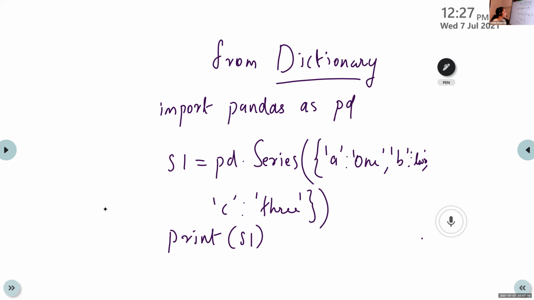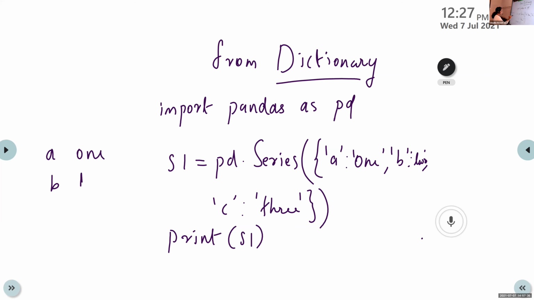Okay, what is the output, Sana? For this program, what will be the output? A is the index value, 1 is the data value. How can we represent the output? A1. A1, correct.